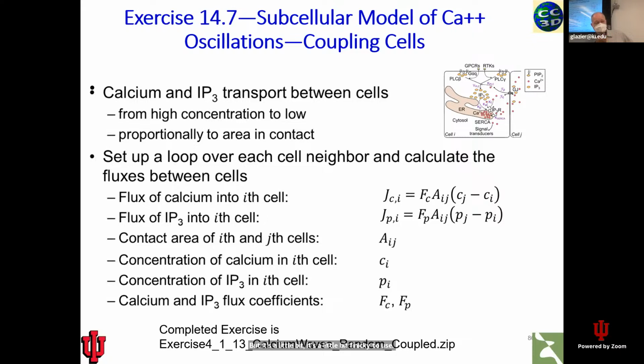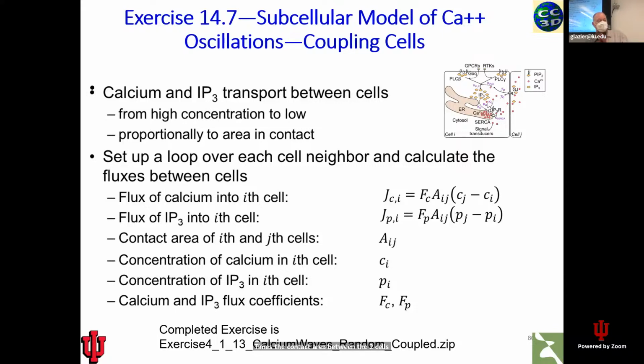Instead, what this code is going to do, and I'd ask you to download it while I'm explaining it, is measure the amount of calcium in each neighboring pair of cells. And it's going to say that we're going to move calcium between the two cells to try to equal out the calcium levels. So calcium will flow from the higher concentration cell to the lower concentration cell. And the rate at which it flows is going to be proportional to the difference, because it's diffusive, times the contact area between the two cells,